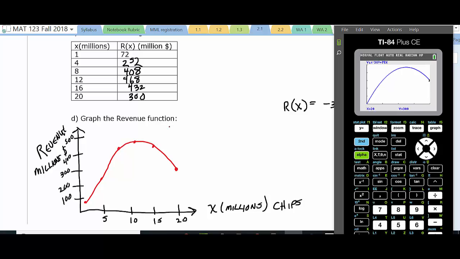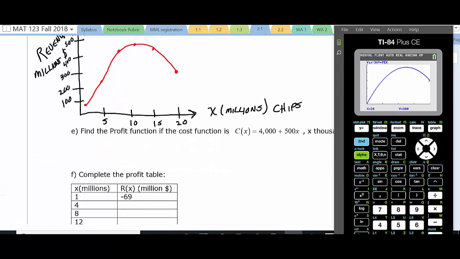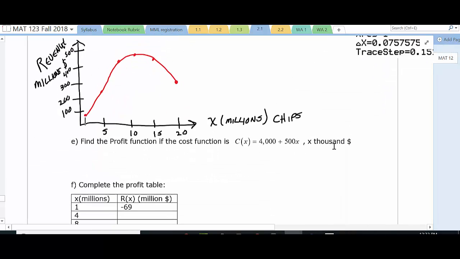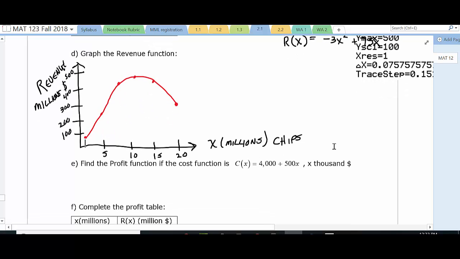Okay, all right, is everybody with me in what I did on the calculator? See, I don't expect you to do this problem any other way than to use your calculator. You don't need to do it that way in the year 2018. That's the way you're going to do it, okay? All right, so now we're going to move on, and we're going to do the profit function